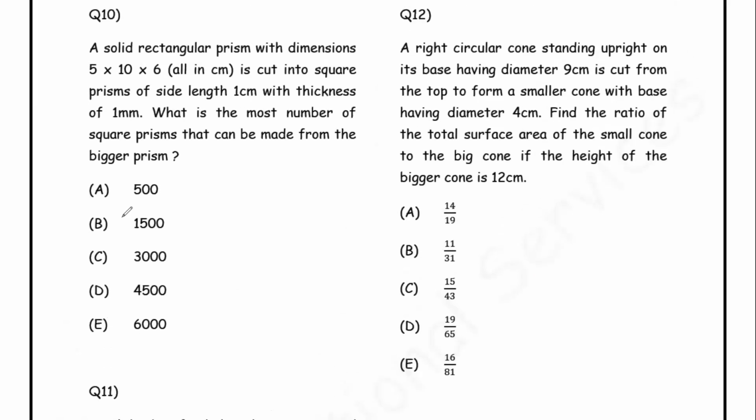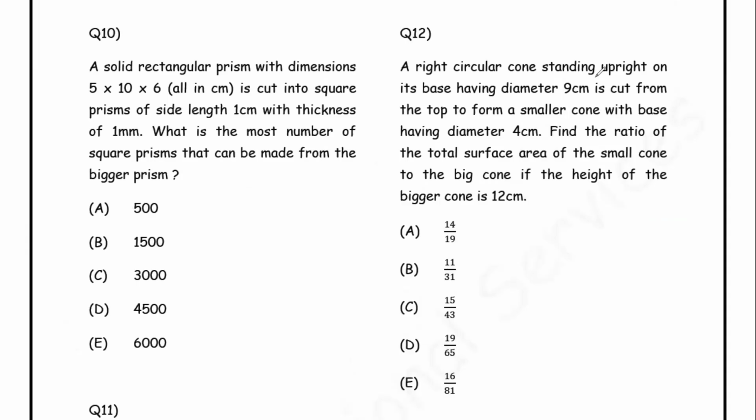And also you need some imagination. Right. Question 12. A right circular cone standing upright. So right circular cone just means that it has an upright tip which coincides with the center. So basically, you can have cones like that also. So this is not a right circular cone, but this is. All right. So a right circular cone standing upright on its base,